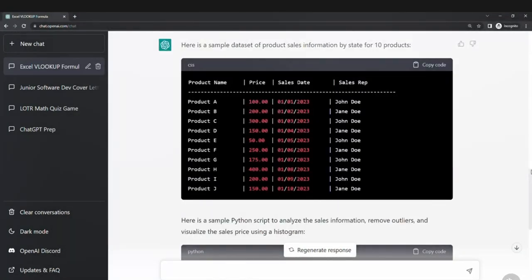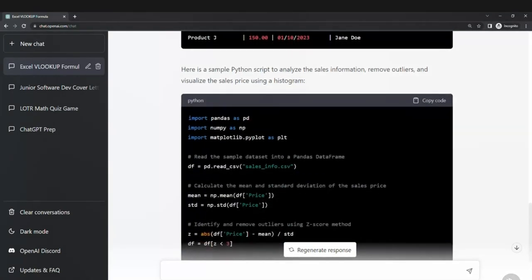Okay, here's our data set. You see the format it's given us is CSS. We might actually want this in a CSV format or something. We saw how we could refine that earlier. But then down here is the sample Python script